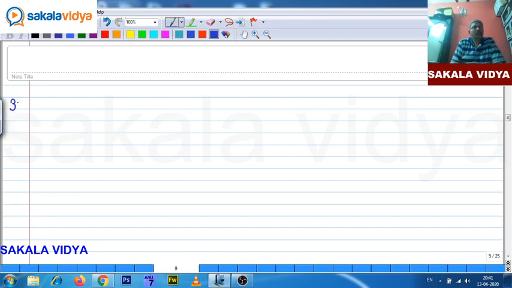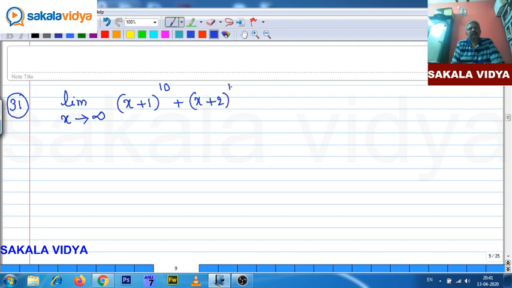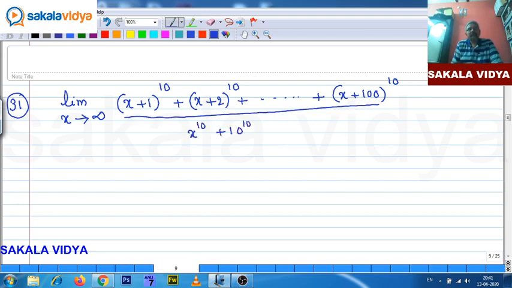Now the 31st question. Limit x extends to infinity, x plus 1 all to the power of 10 plus x plus 2 all to the power of 10 plus so on, up to x plus 100, even x plus 20 also you may write it, no problem, all to the power of 10, upon x to the power of 10 plus 10 to the power of 10 equals to